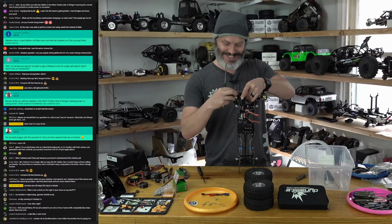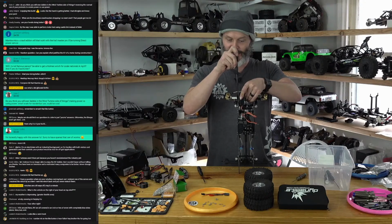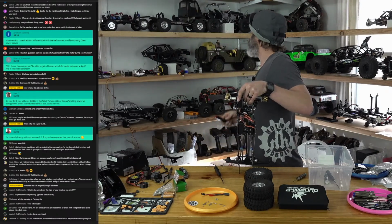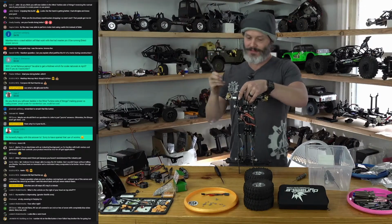He didn't say he didn't care, but he did say he's talking about the one that looks more like a semi-truck. The one that looks more like a semi-truck? Unimog? Semi-truck. This guy, maybe it's that one. I think that's maybe what he's...